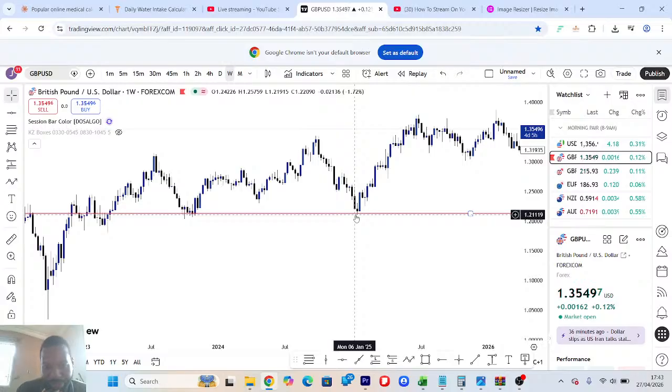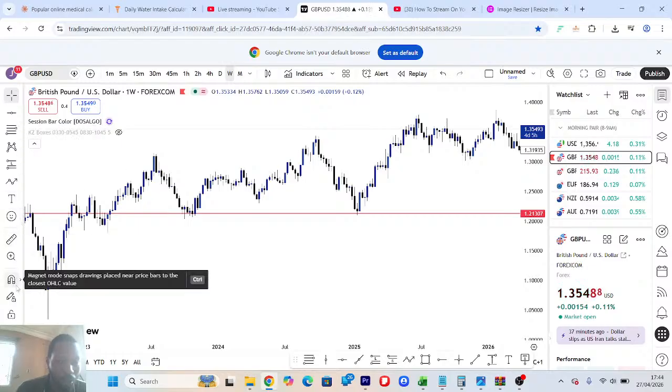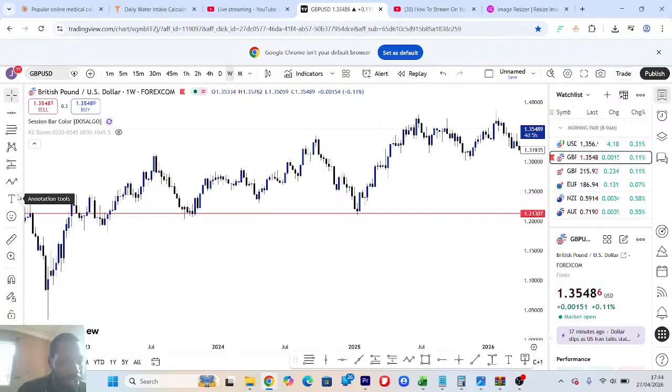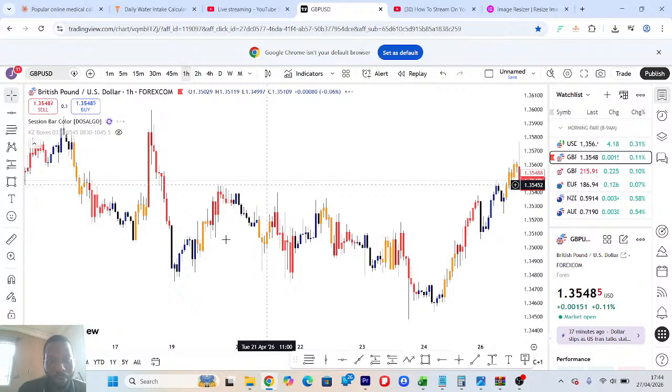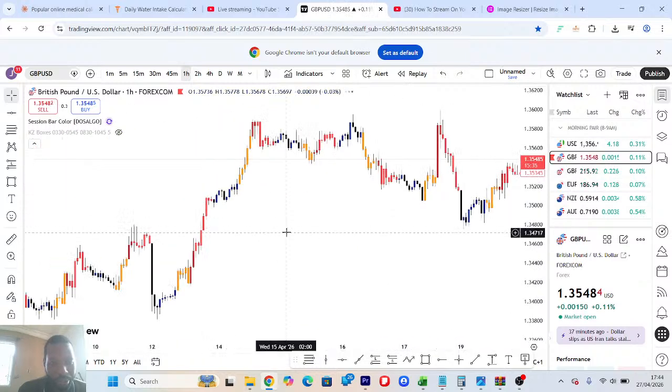So you can see that market shot up at this place. So this is a sign that market is actually bullish. But you will not just enter yet. You need to wait for change of character. So from here, you now go to a lower time frame, let's say like 1 hour, and so you go down there.